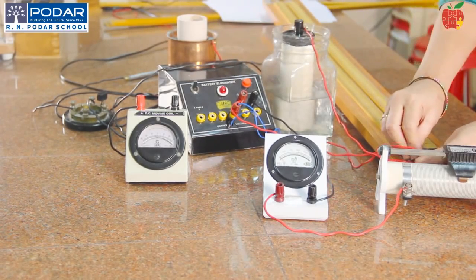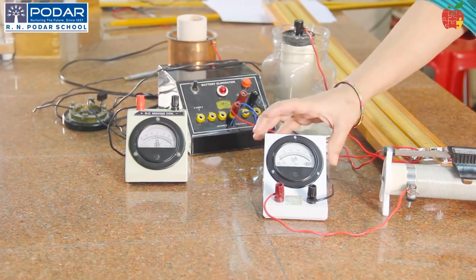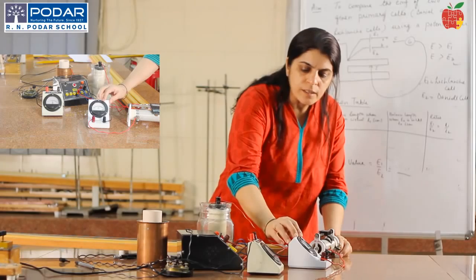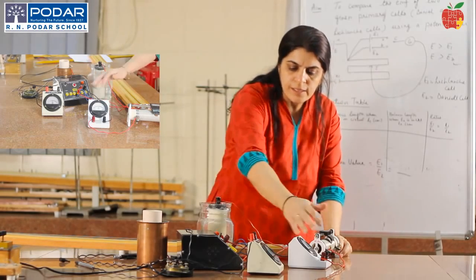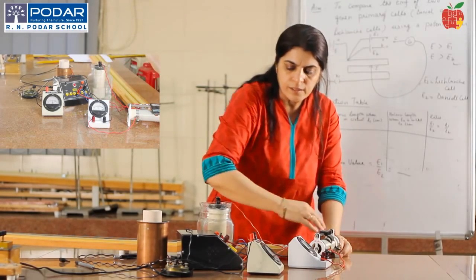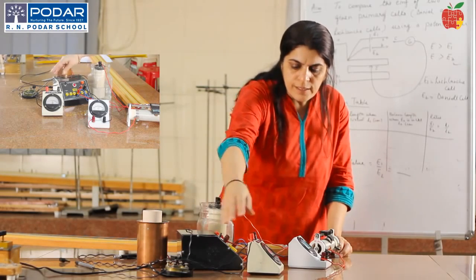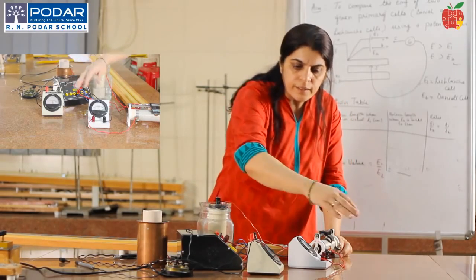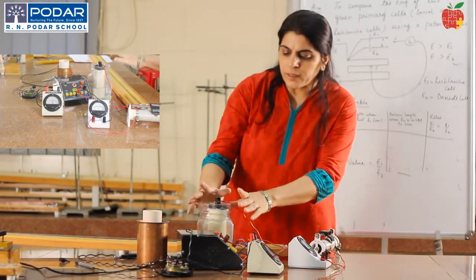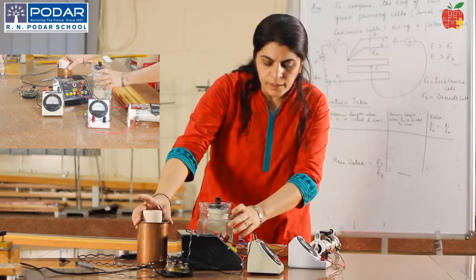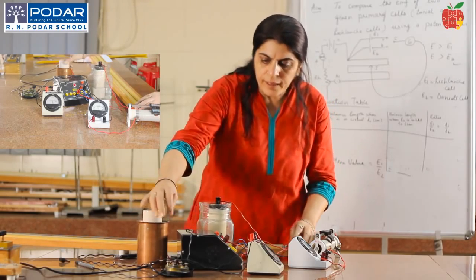Okay. Can you see this here? A milliammeter. This is a rheostat. So, with the help of the rheostat, we maintain the constant current in the circuit. So, this entire circuit is called a driving circuit, and this cell is what? The driving cell. So, this maintains a constant current in the circuit. So, here this is a Leclanché cell whose EMF we will find, and this is what? A Daniell cell whose EMF we will find.